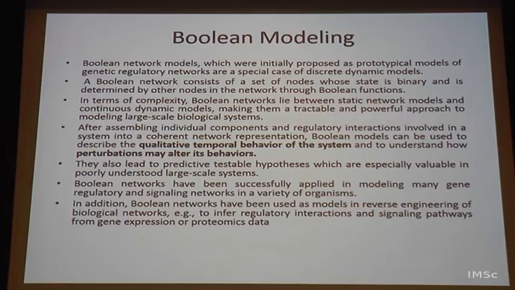So Boolean modeling was initially started to capture this: if a particular transcription factor is present, something else is either inhibited or activated, both can happen. Many are actually repressive kinds of edges that you can draw. And the mechanisms are also quite well understood, how it binds to a particular region in the DNA and therefore activates or represses. So it started from there. A Boolean network consists of a set of nodes whose state is binary. So it's either present or absent, typically 0 or 1. That is the state for each component in the Boolean network.